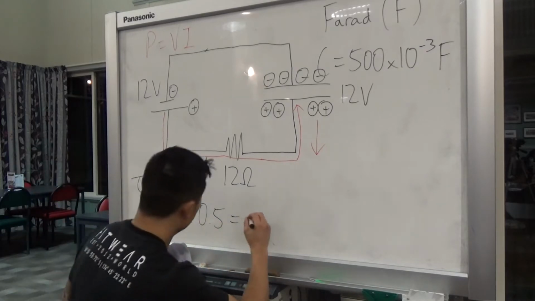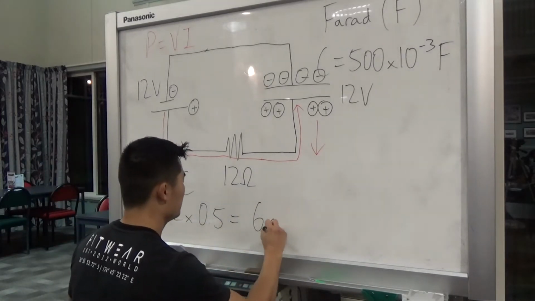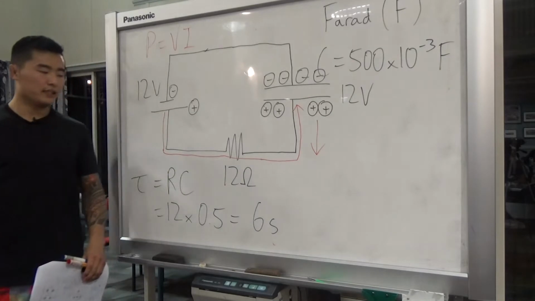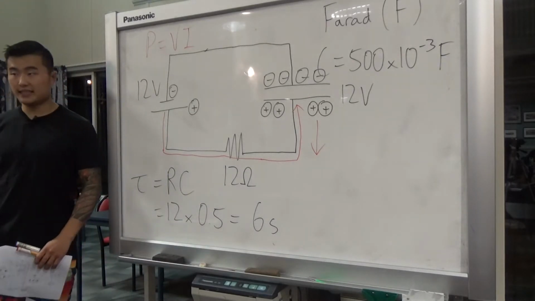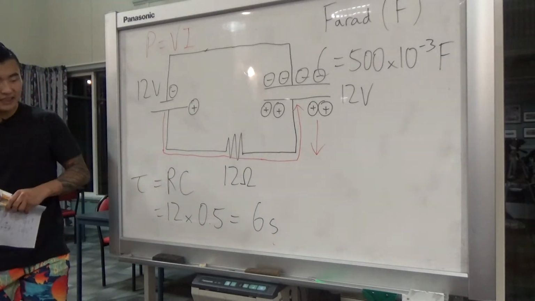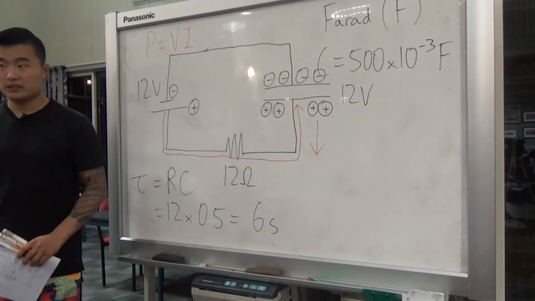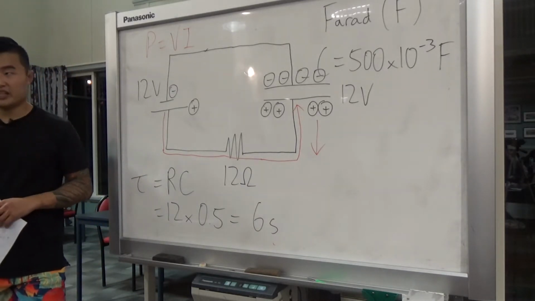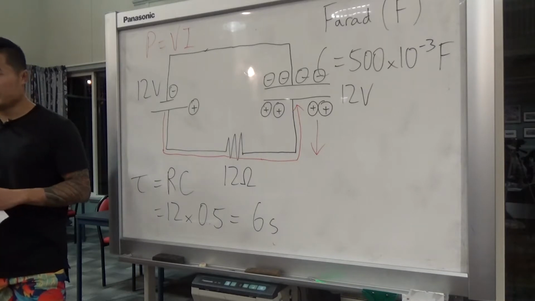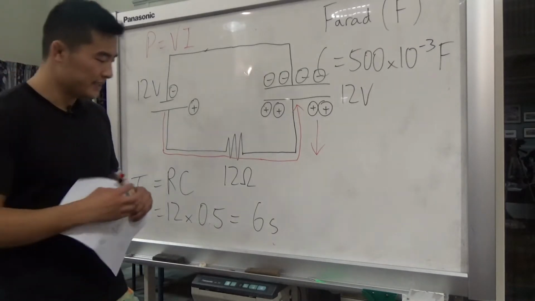So that's your capacitance. That's 6 seconds. Time constant is in seconds. What that means is that it's going to take 6 seconds for the current to become 37% of what it was initially. So after 6 seconds,